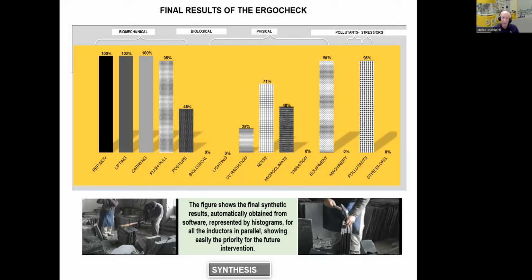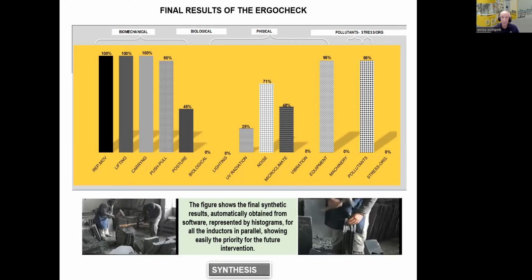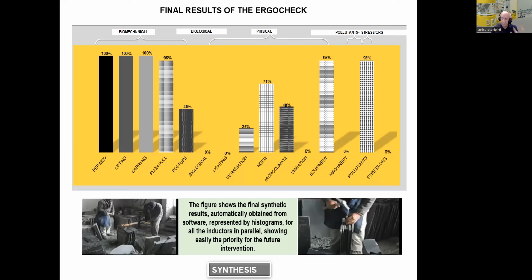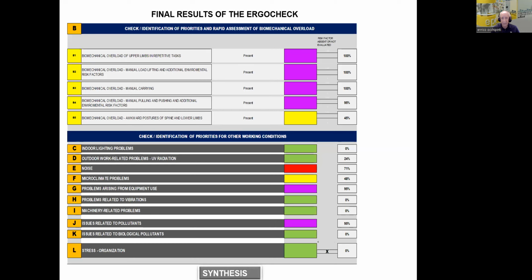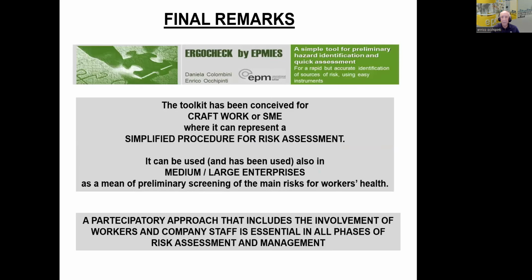And so you can have a map of priorities for this peculiar condition. The same page gives the same result in a non-graphic and descriptive way, separately for the aspects of biomechanical overload and the other risk factors that have been considered, and some of them have been skipped in this presentation. So we can go to the final remarks,